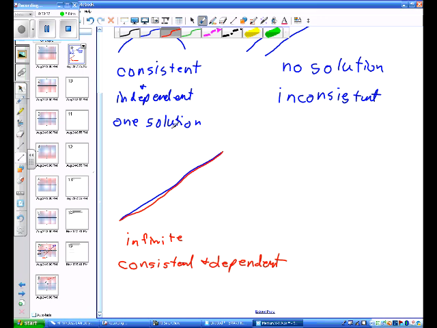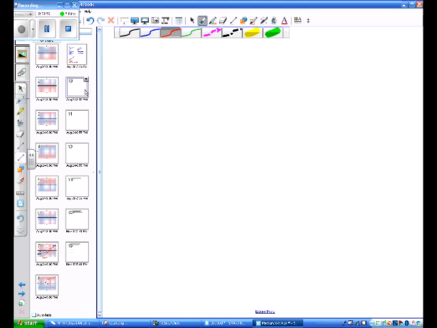Now, most of the time what we want is a system that crosses at one point, and those are fairly easy to solve. But we also want to be able to know if there is no solution when we have parallel lines or when they are the same line. So the first thing we're going to do is to take two equations and to decide if there is a solution. And so to do that, let's take the two equations, 2x minus 3y equals negative 4,